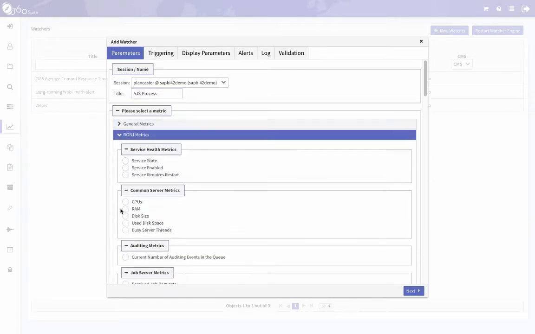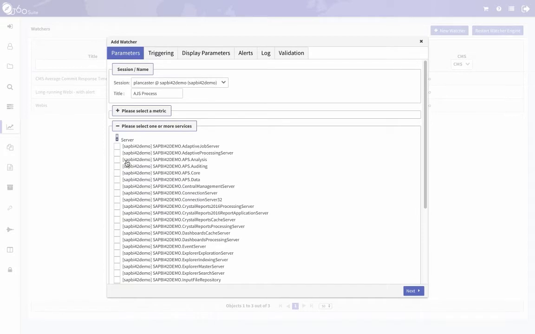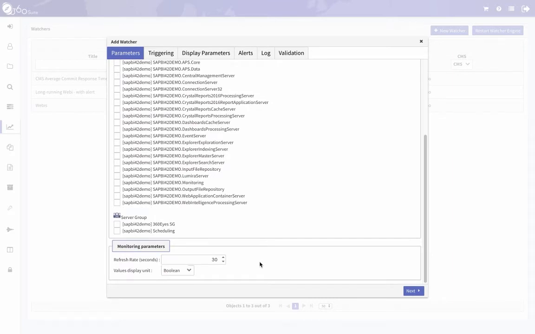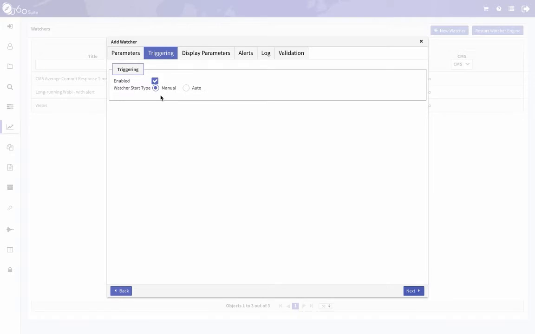Okay, so if you expand BOBJ metrics and service state, here's my Adaptive Job Server process. So if you've got multiple nodes, you could select multiple processes, and I'll click next, and I'm just going to leave this manual,